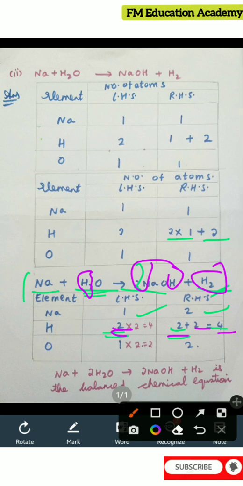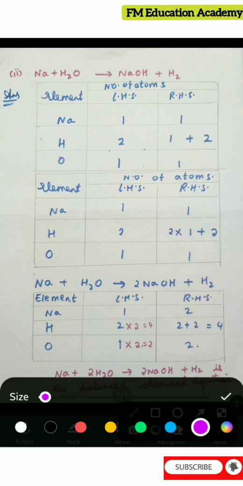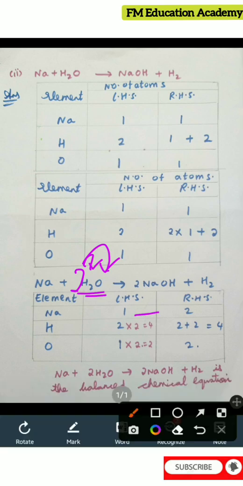So what can we do? We should multiply this with 2 on hydrogen side. When I multiply this with 2, here I will multiply because I told you that you should write it before the element. So I should write 2 here, right? So this 2 belongs to H2 as well as this 2 belongs to O. So oxygen will also become 2, means now we can see that the number of atoms on hydrogen and oxygen will be balanced. And first this is becoming balanced, hydrogen and oxygen, because 4 on LHS and 4 on RHS, 2 on LHS and 2 on RHS for oxygen and hydrogen.